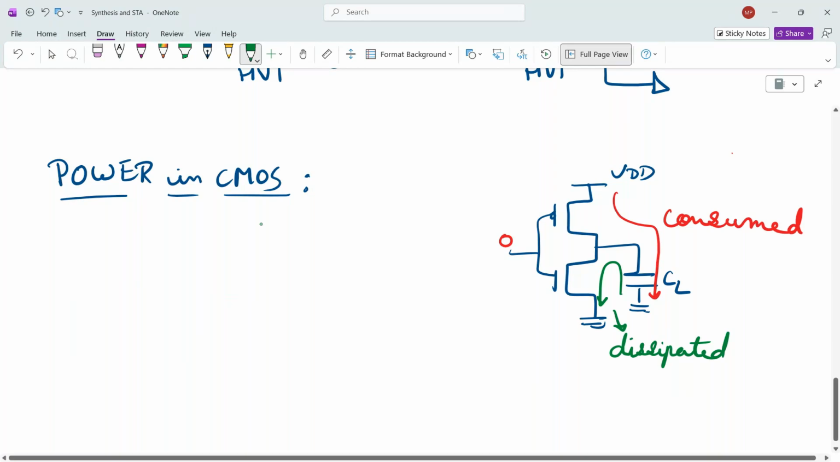So when we say that it is consuming more power, power dissipation is more. Obviously, if it's consuming more, it is dissipating also more. So just to give you this idea of what is happening when the charging and discharging is happening. Okay, so